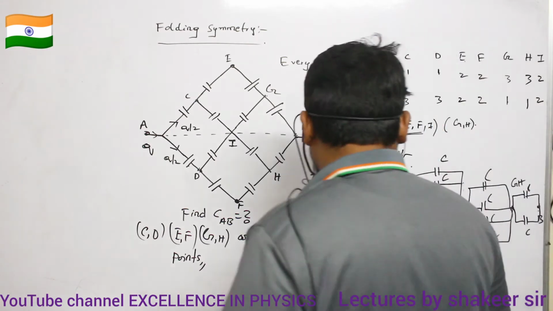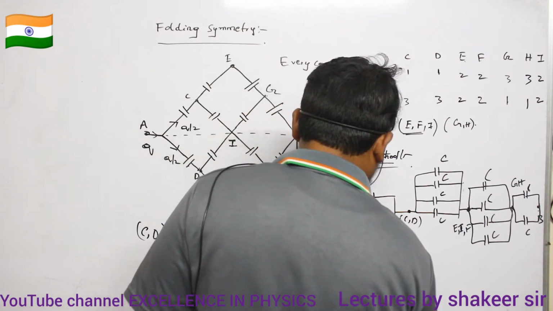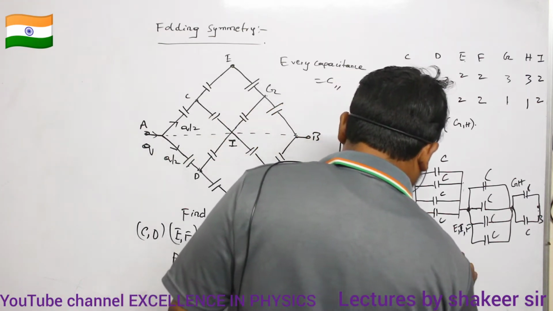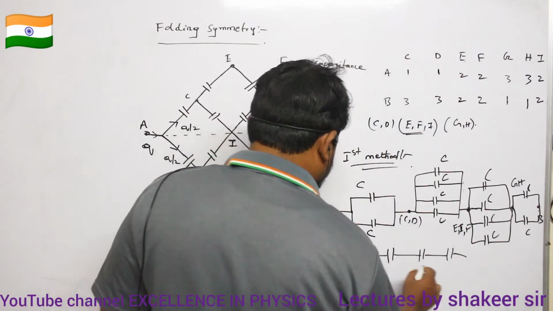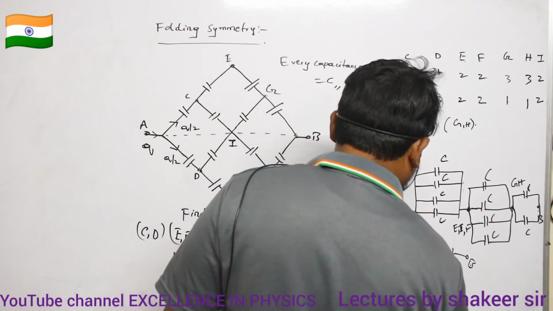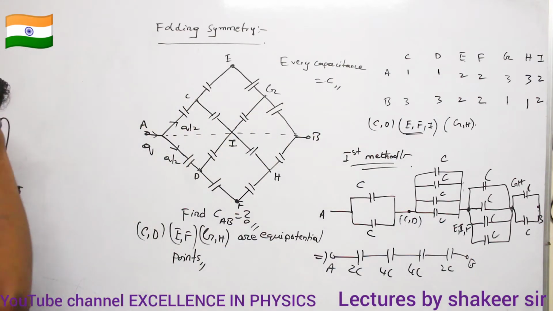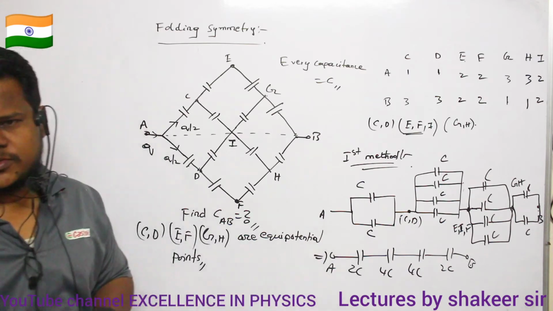So therefore, what is the total equivalent circuit I can draw? The equivalent circuit which I can draw is, so this is one. This is point A and this is point B. Okay? So this is 4C, this is 4C, and this is again 2C. Now, all the capacitors are connected in series. Just to solve this one, that should be my required answer.